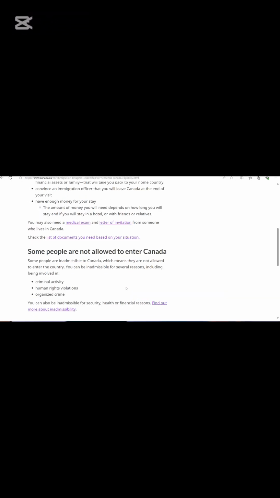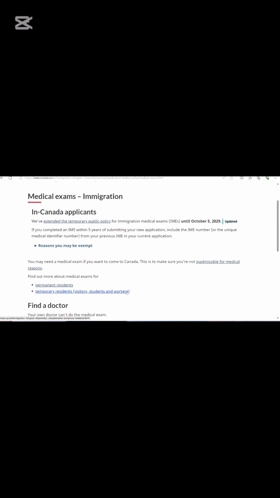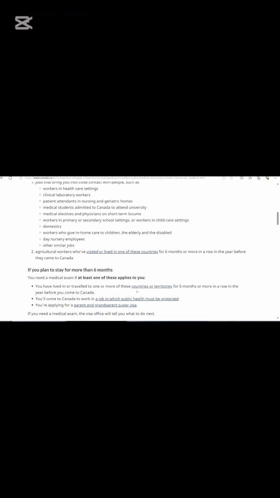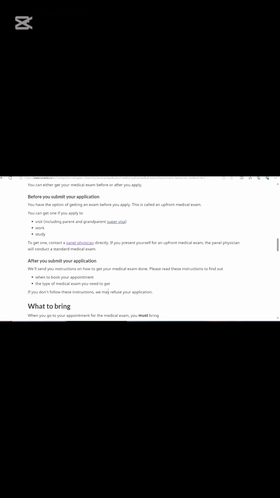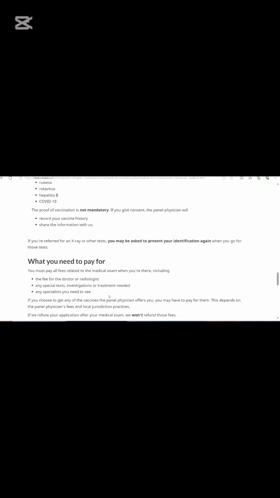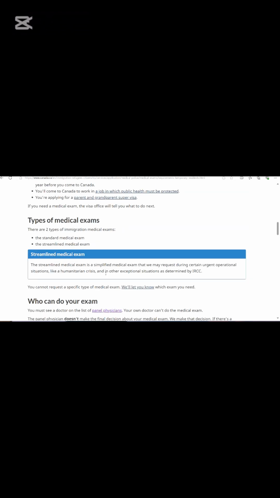You may also need a medical exam, right? You scroll down on this page, who can apply, click medical exam, temporary resident visa, and it will tell you if you need a medical exam and who needs a medical exam, right? It gives you detailed information about the medical exam, how to pay for it. Your medical exam